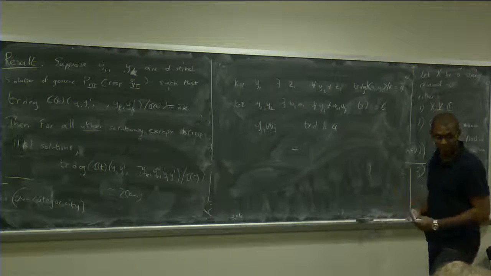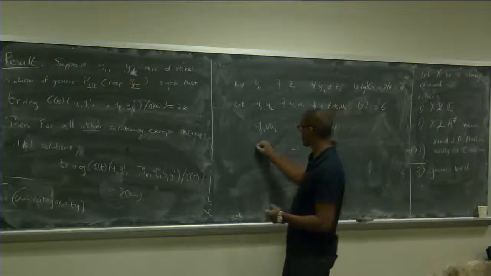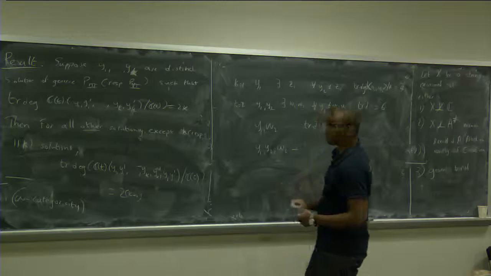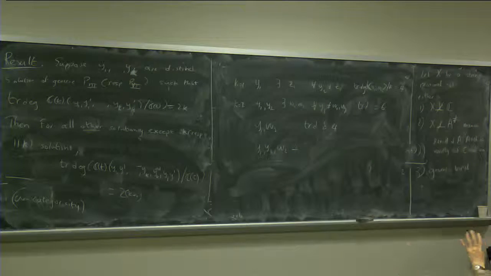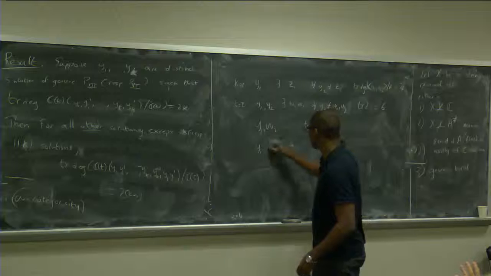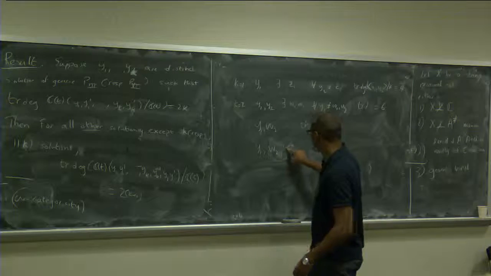I want to see if I can bring in y2 now. So let's say there is a v1 and a v2 such that for all